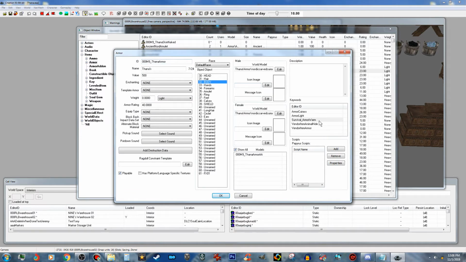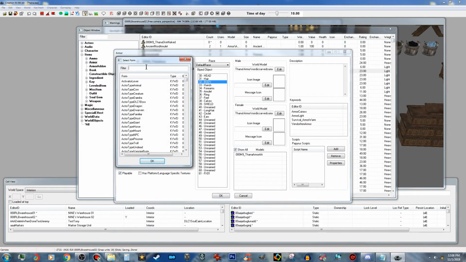Right. You can add another keyword. Keywords are important. Animal, vendor item. We want to change that because we don't want the hide, so we're going to take that out of there, and we are going to add a new keyword, and we're going to type in vendor item, and we're going to find our